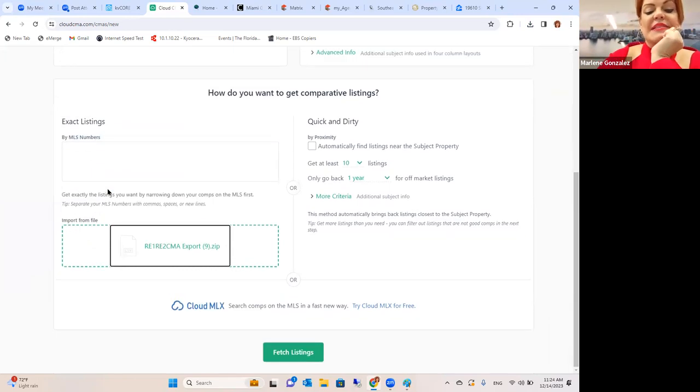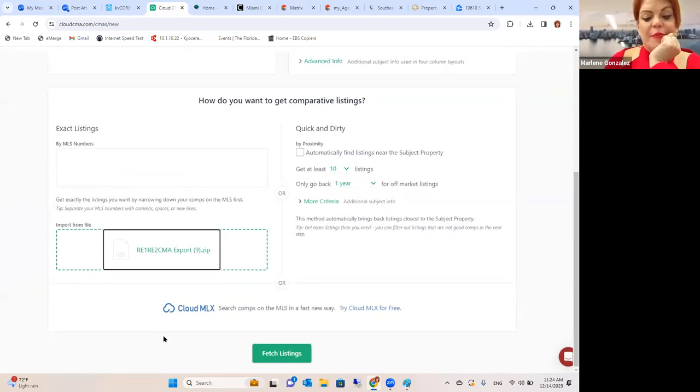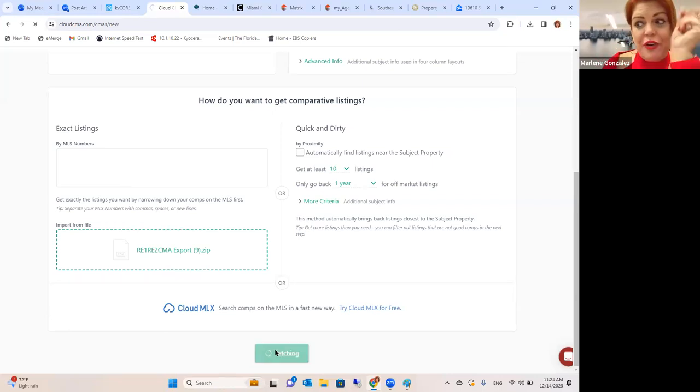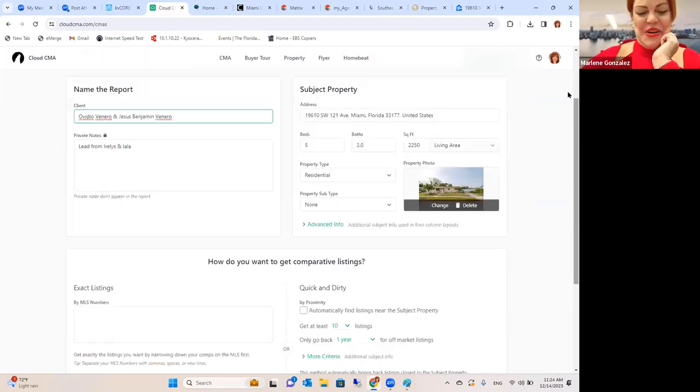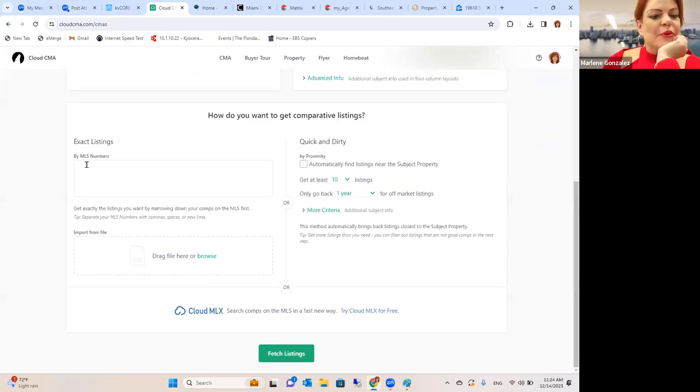But let me see what happens when I'm ready, and I'm going to move my cursor here. Fetch listings, what happens? And if it's not working, I'm going to report it to Cloud CMA. So it's fetching, and supposedly, see, undefined method. And I'm going to take a screenshot of this to report it to the folks at Cloud CMA. But when there's a will, there's a way. So now, see, it erased it. Remember those MLS numbers we talked about? Yeah. Which I printed, that you could copy paste, but for the sake of this class,